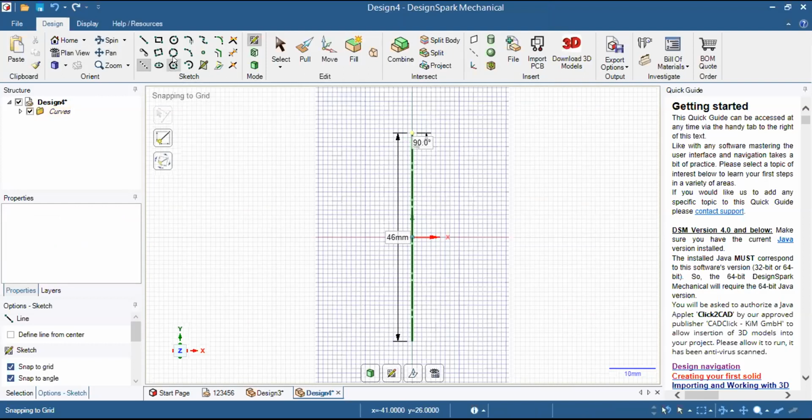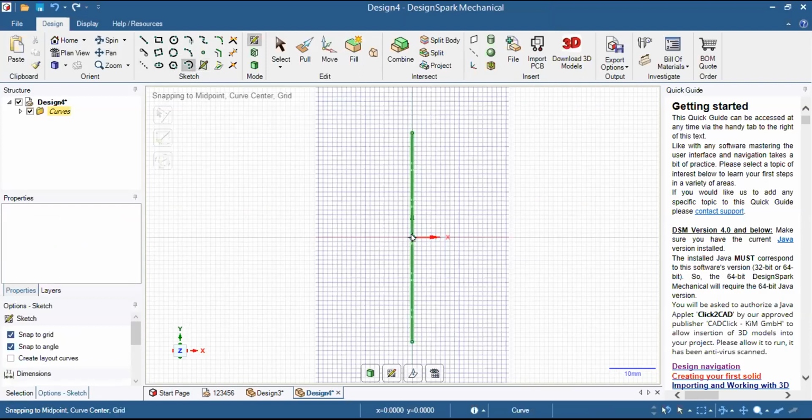Now I need to create a semicircle. I will create a semicircle on this side and a similar semicircle will appear on the other side, so it will be a complete circle for us. I will go to the command sweep arc, click on the center and drag it, and you can see a construction arc type coming.